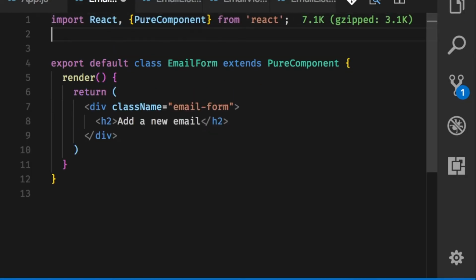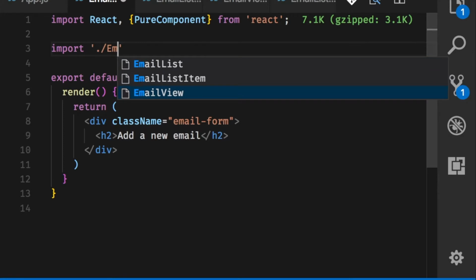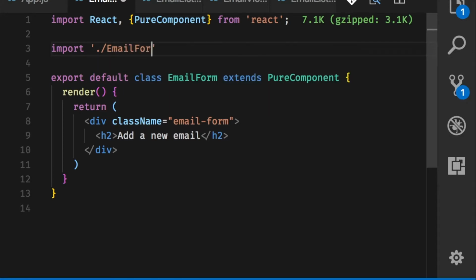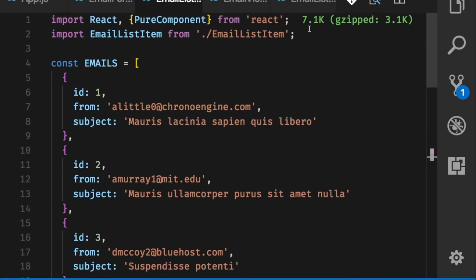There's a bigger styling exercise in step 10, but for now, you can just import email form.css. Since it's a CSS file, we basically just want to make sure it gets bundled into our app. So there's nothing to really import. There's no value that we're going to use in JavaScript. We just want to import it and do the same